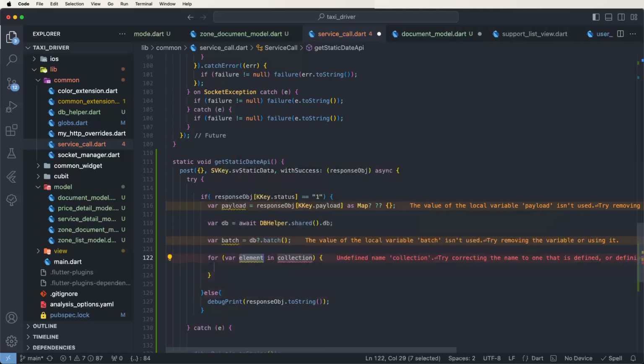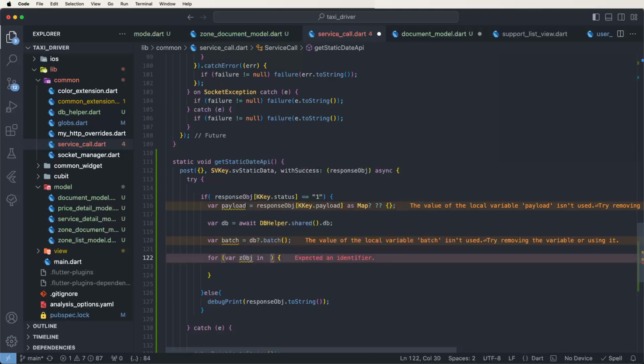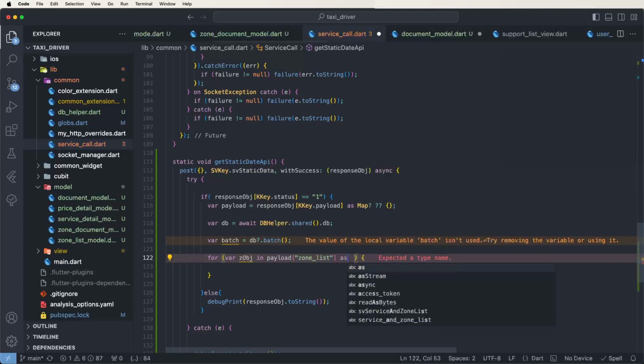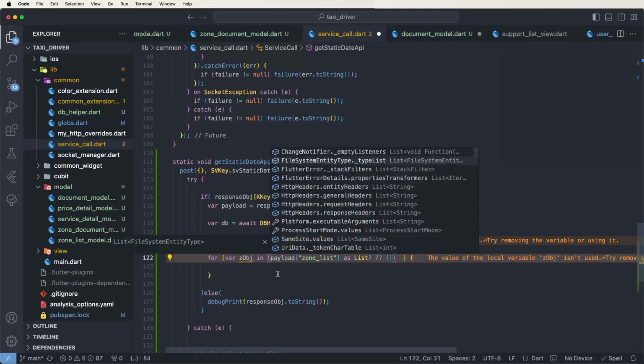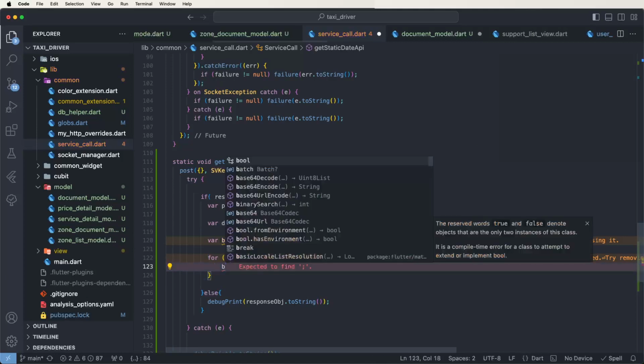Otherwise, for in, need to give this here the variables, zone object, j object is equal to, need to get this here the payload, and we need to write down here the names, zone list, as we need to give this list optionals, and like this rank array need to create here for this inquiry. Same like this creating here, same as we need to write down here the batch